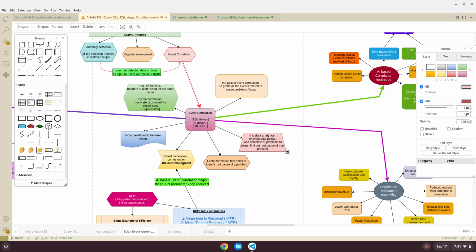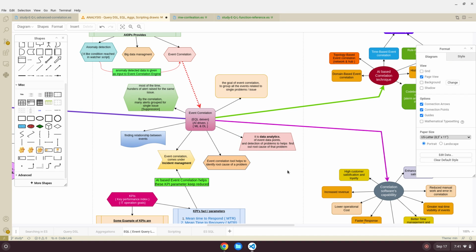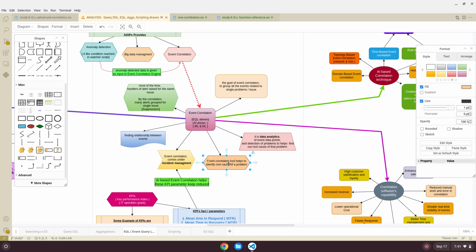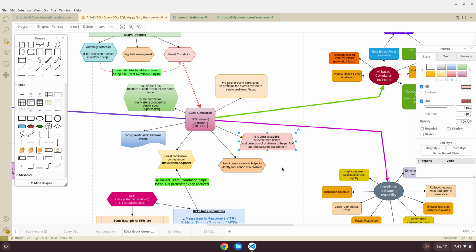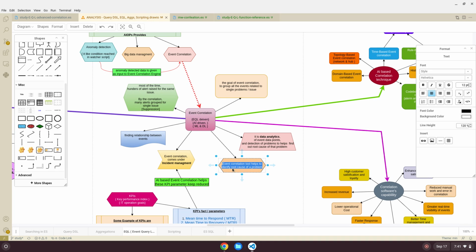So this is one way, one kind of benefit of doing data analytics. Now, why are we doing event correlations? A different kind of benefit is root cause. This is a data analytics benefit of event correlation, and this is RCA. Identify the RCA. What is the RCA benefit? Let me tell you.